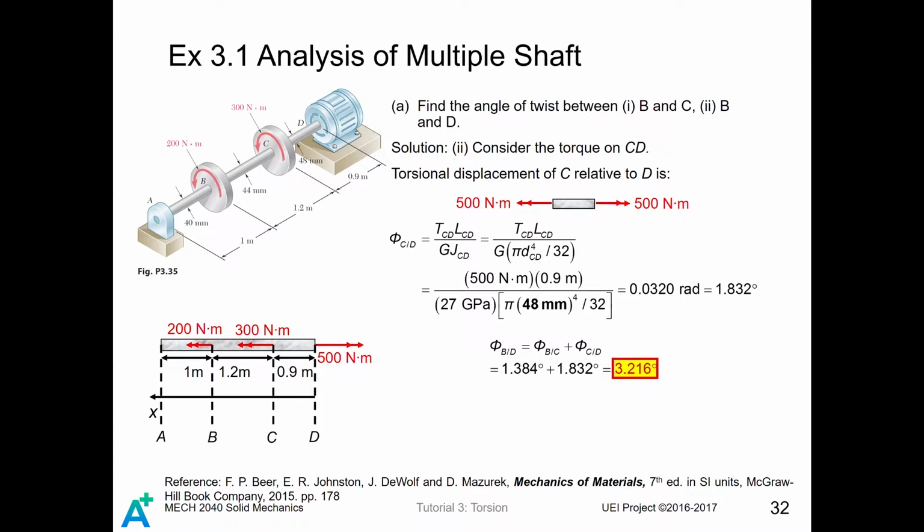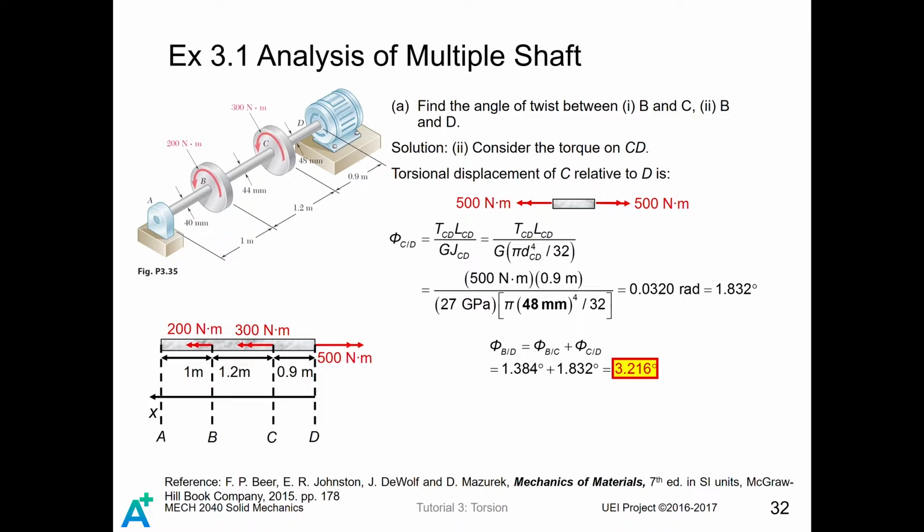Similarly, for section BD, you have to observe the torsional displacement in segment CD as well. Consider the torque on CD, since this end is already under a torsion of 500 Nm. Then for this end, it must be 500 as well. So the torsional displacement on segment CD is given by the torque acting on this segment times the length of